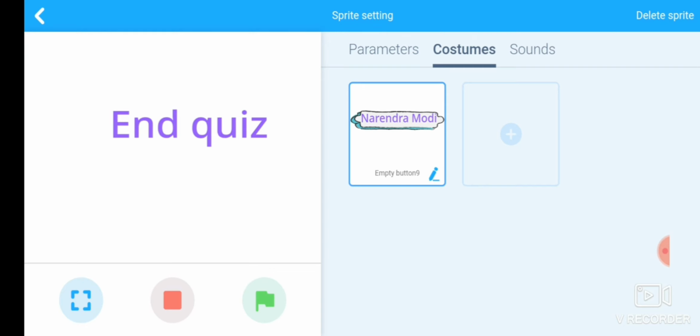Now we will use a extra feature here, we want to add a sound whenever you reply either correct answer or either wrong answer, there should be a sound.